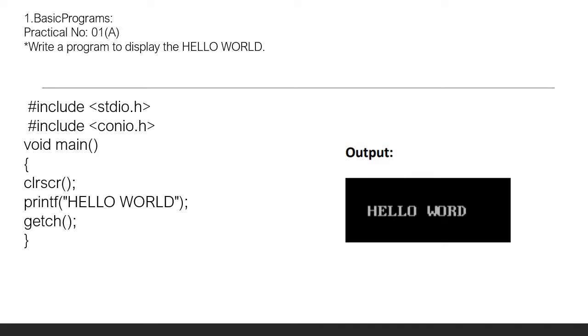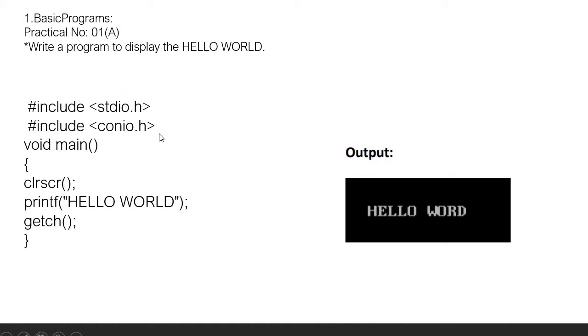To see the output, we require the printf function. You can see over here within my program I have used the printf function. So with the help of this function, I will get my output. And if you want the user to enter values within the program, we will use the scanf function. That we will see in the next program.